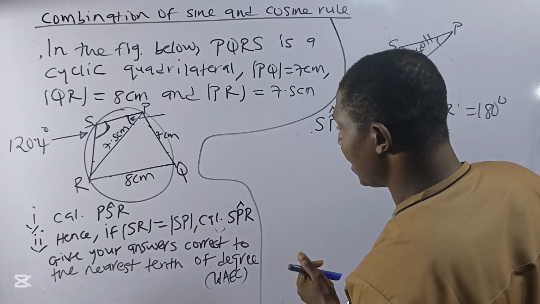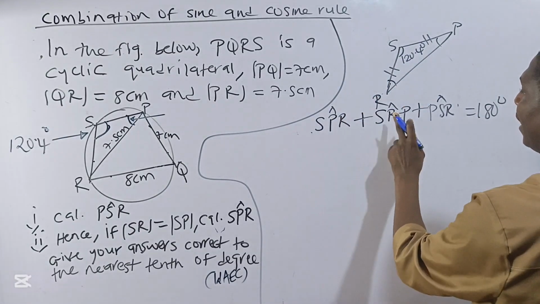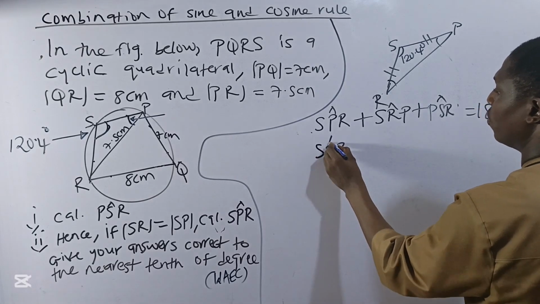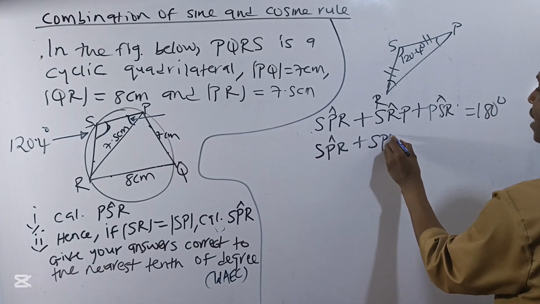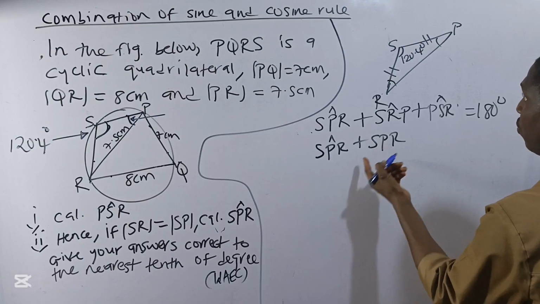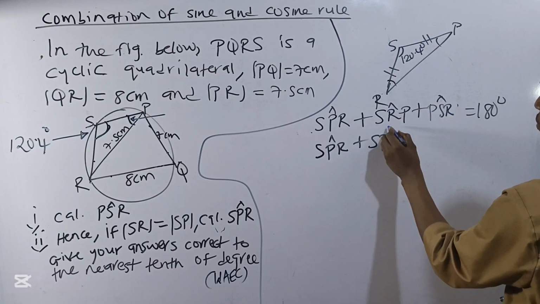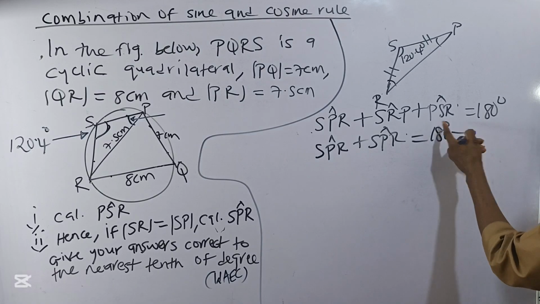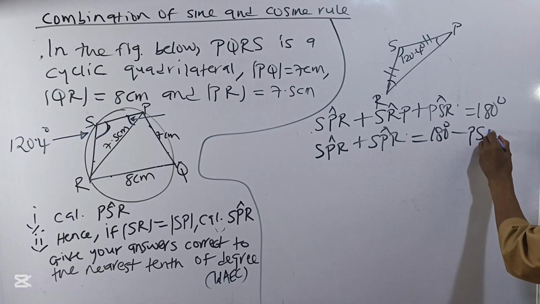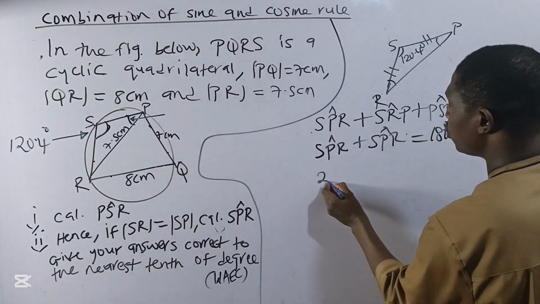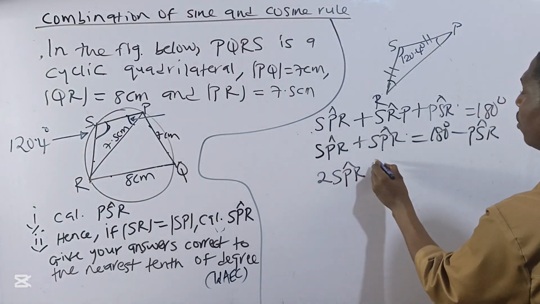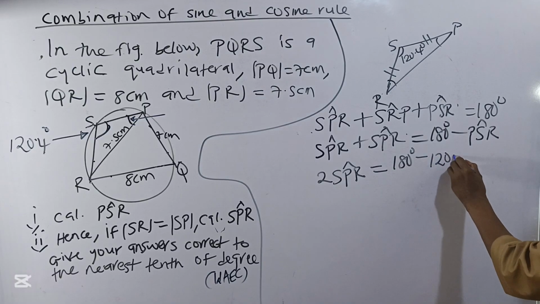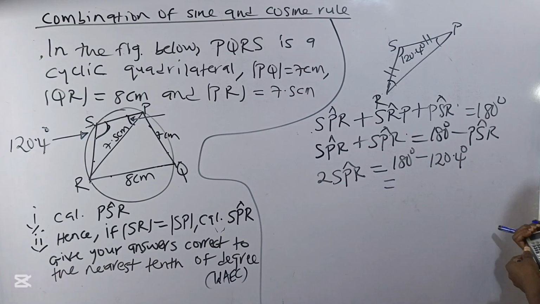Now, these two angles are equal. Since I'm looking for SPR, I can substitute SPR for SRP. So I have SPR plus SPR. I'm replacing this with this since the two of them are equal, base angles of an isosceles triangle, equals 180 degrees minus PSR. So this becomes 2 SPR equals 180 degrees minus 120.4 degrees, which gives me